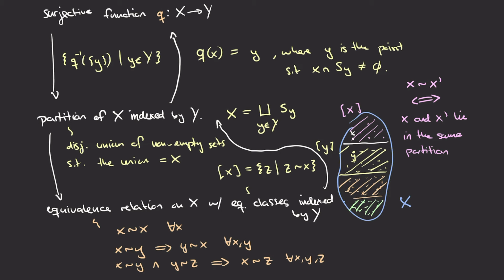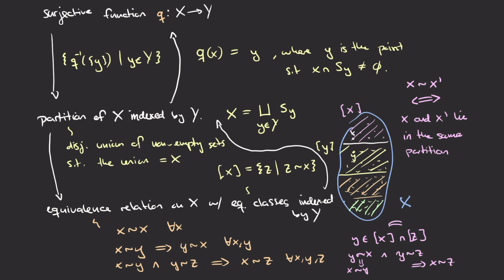Suppose that y was simultaneously in the equivalence class of some x and some z. Well, then this by definition means that y would be related to x, and also y would be related to z. But now we know that y being related to x also implies that x is related to y. So now we have the situation where x is related to y and y is related to z. So this implies that x is related to z. And this shows that x is in the equivalence class of z and z is in the equivalence class of x, which means that these two original equivalence classes were actually equal. Therefore, if two equivalence classes share a point, then they coincide,